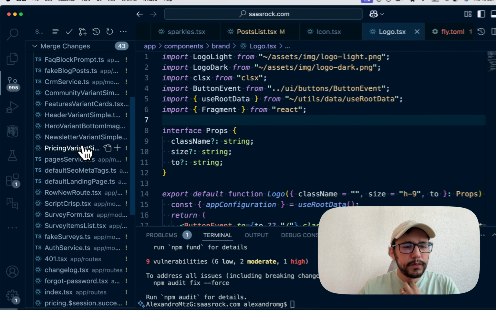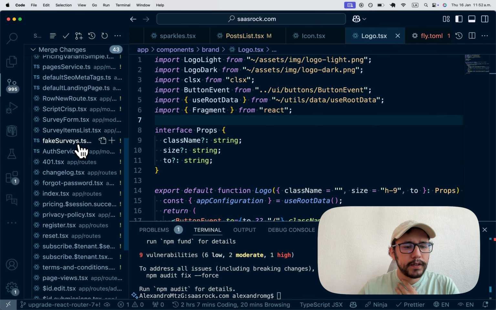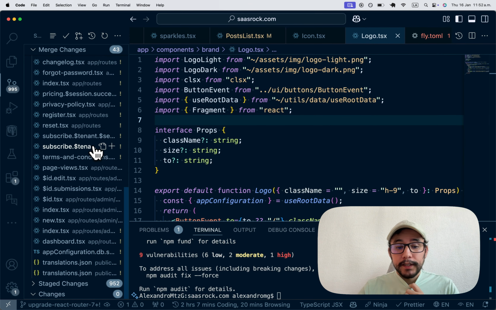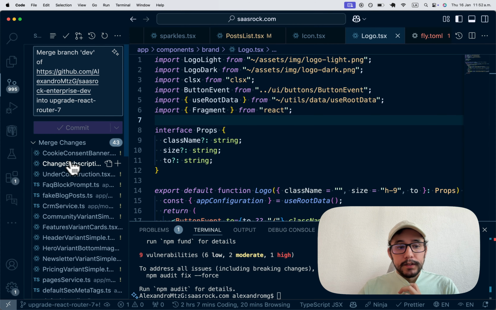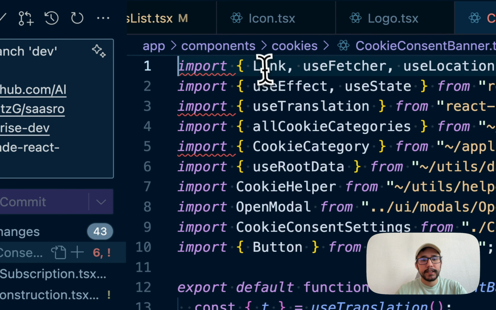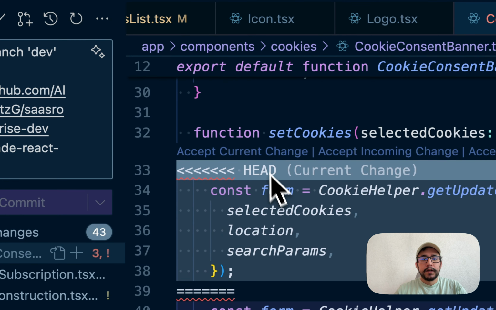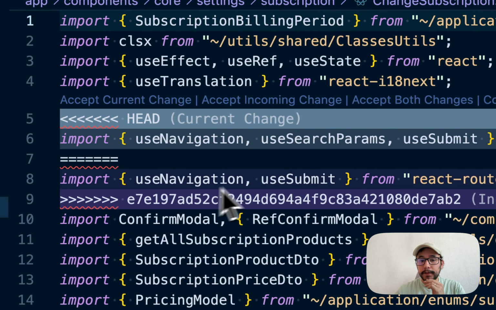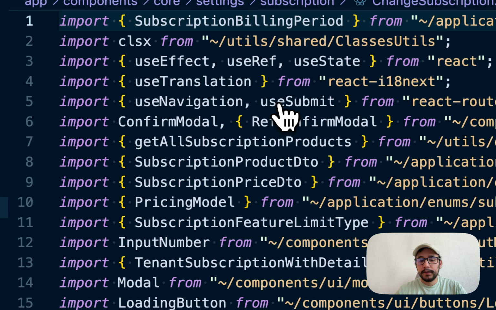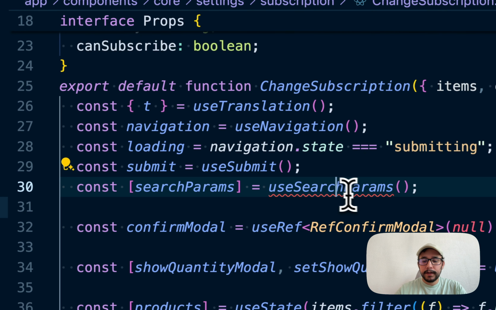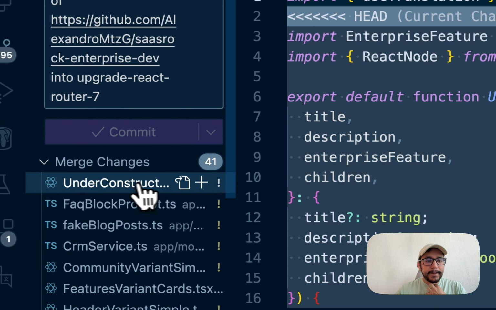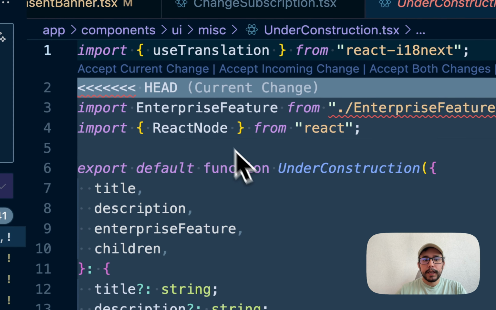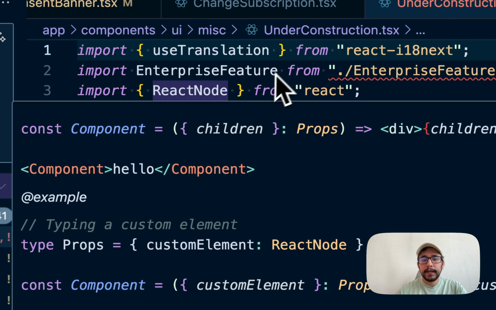So I'm gonna go to another interesting one. No, I actually need to finish this, so I guess I will do that. Accept current change, although it should be maybe incoming change, incoming. And here I'm missing this import from React router. And what else? These I will keep my current change because